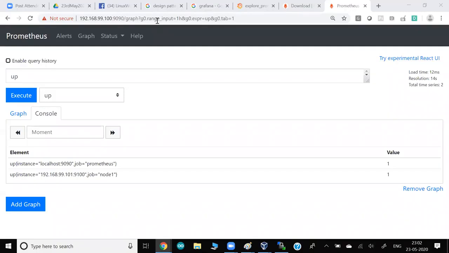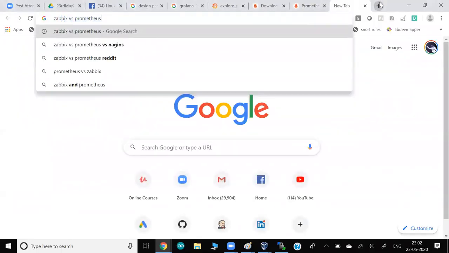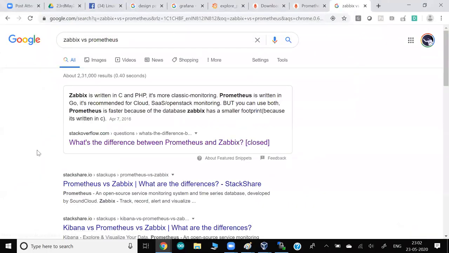Yes, a lot of guys are also talking about Zabbix. It is a very old tool, very good for static hardware monitoring. But in the dynamic world, Zabbix doesn't work greatly. Even if you search Zabbix versus Prometheus, you can say it's a classic monitoring tool.